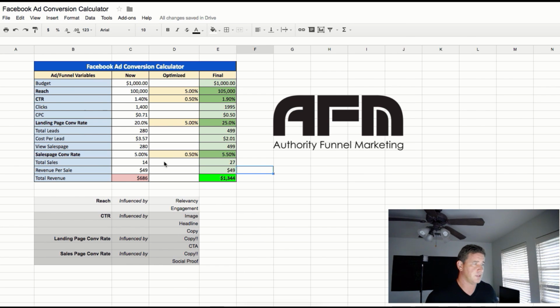Okay, so a lot of people run ads and they fall somewhere in this column on the left. They lose money. And a lot of times it's a lot more money than this, right? A lot of times people spend $1,000 and they'll only make like $100. And they say Facebook ads don't work. Well, you have to have a framework and understand what your framework is and then understand what the variables are that you can actually adjust and test and prove, right? Because you cannot improve what you can't measure.